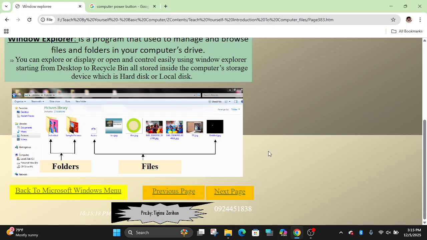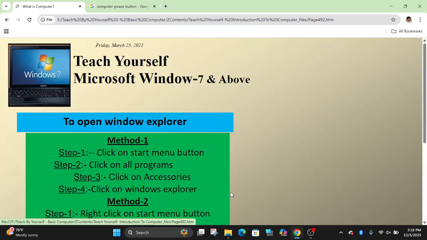In case of the command line interface, the one that we use keyboard, DOS, disk operating system, we say it directory. In case of graphical user interface, we say it folder. It may be simple to create, but the advantage is high. How can we create? I'll demonstrate you in the next lesson.